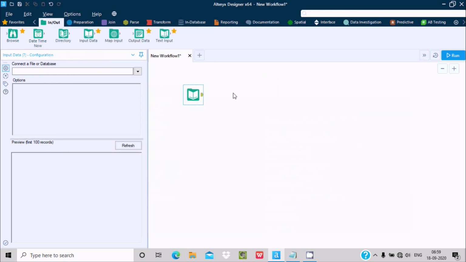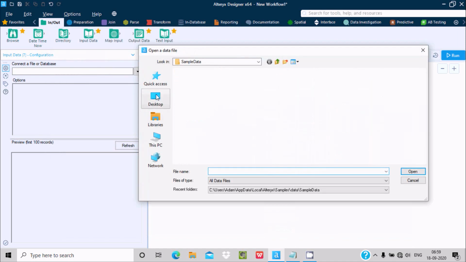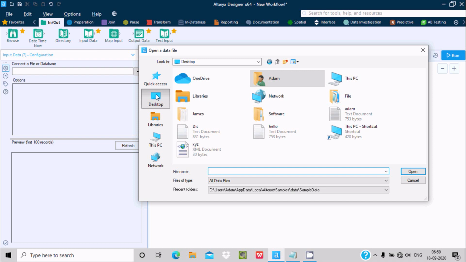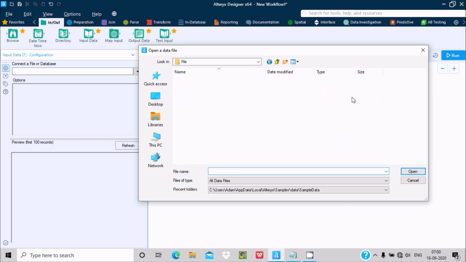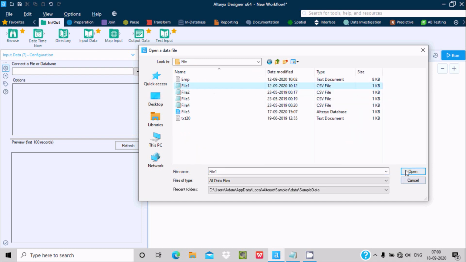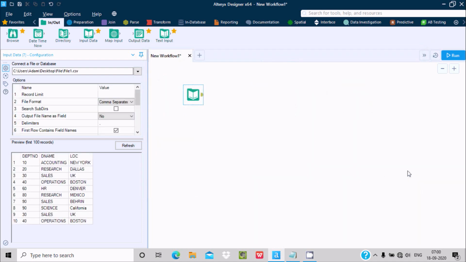To select the files, I'm going to select the CSV file. Let's go on the desktop, and this is the file that I'm going to use. You can see the CSV type. Open. Now this is the record inside. So the next step is